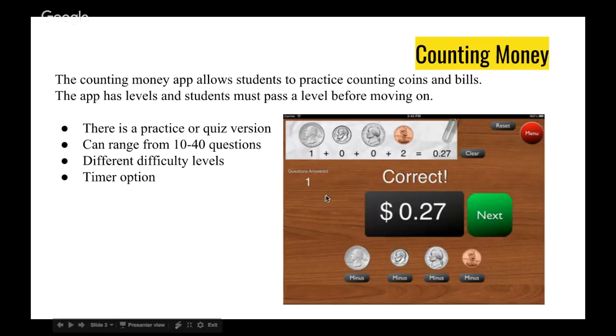So looking at this picture here, you can see that there's quarters, dimes, nickels, pennies, and you can minus or add them however you need. You click to add, click to subtract, however you need to find the total amount to then get the answer correct to then move on to the next problem. So students will then be able to fix their answers and be able to figure out and solve the problem before moving on. So that's a great way for them to really understand the material of counting